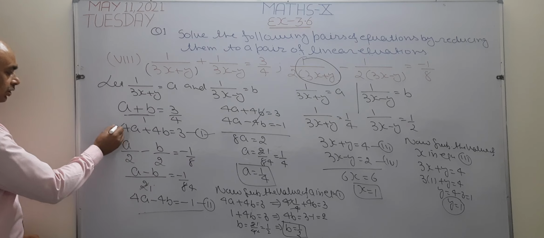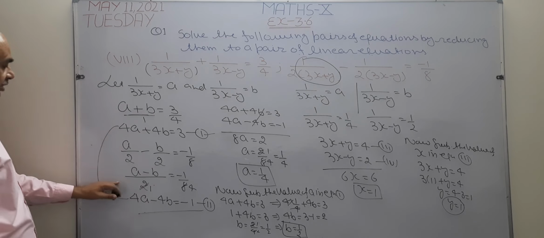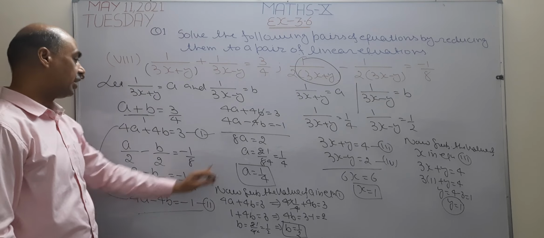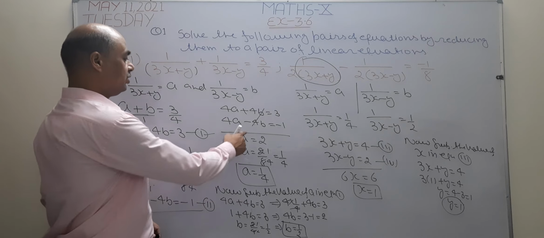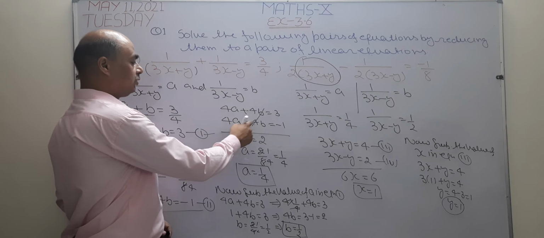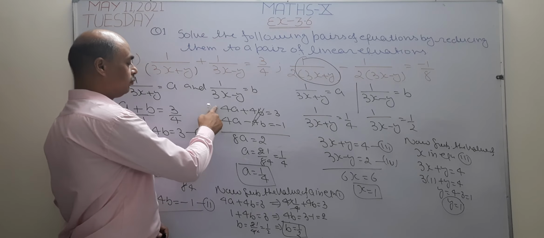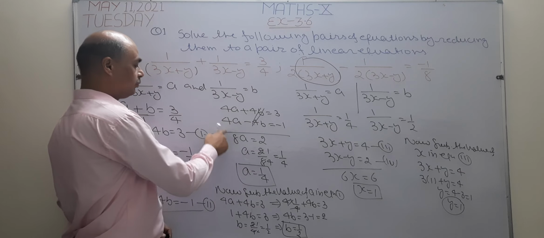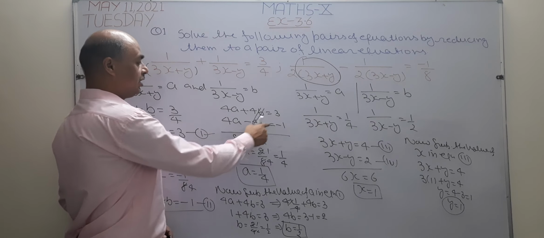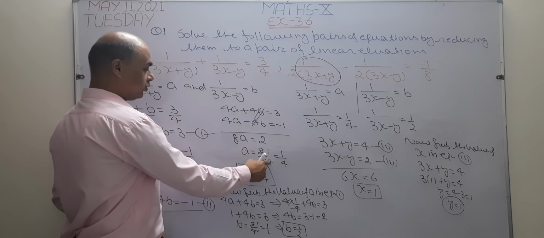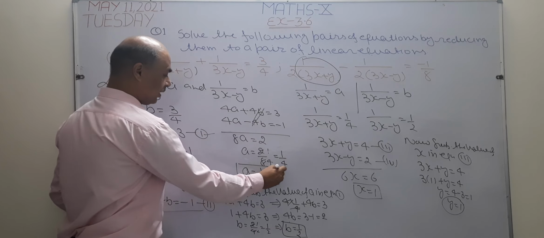Now I want to solve these two equations by using the elimination method. So write here 4a plus 4b equal to 3 and 4a minus 4b equal to 6. Now see, this is negative and this is positive, so this one is going to cancel. These both terms are the same, positive sign, so this becomes plus. 4 plus 4 becomes 8. 3 minus 1 becomes 2. So the value of a becomes 2 by 8. 2 ones are 2, 2 fours are 8. The value of a becomes 1 by 4.